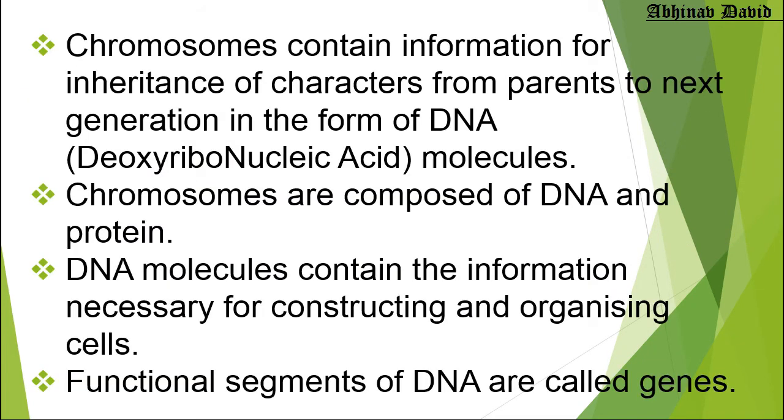Okay, now chromosomes contain information for inheritance of characteristics. So chromosomes pass the information. You have already studied in class 8 that chromosomes can pass the information from one generation to the next generation. So they can pass the features from one generation to the next. And how can they pass? Because they contain DNA. So chromatin is made up of DNA, and that chromatin condenses to form chromosomes. So DNA is present in chromosomes, and what is DNA? DNA full form is deoxyribonucleic acid.